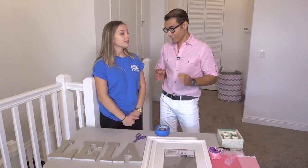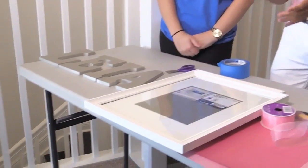It is modern, which is what you wanted, correct? Exactly. And again, the space will grow with Leia throughout the years. At this point, before we get to this project, kind of a little teaser right here, let's check in with